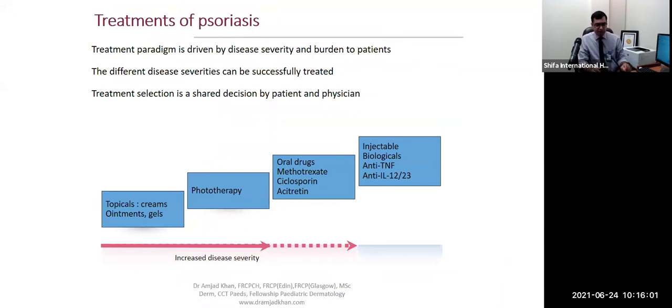Treatment. Let's come to treatment as a clinician. Yes, I can understand a lot of you would say, well, just jump to the treatment. Why should we think about other things? I can totally understand, but unless we know the etiology, pathophysiology, comorbidities, and the effect on the life of the patient,